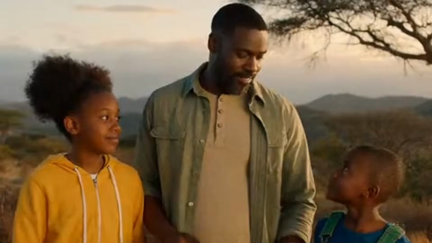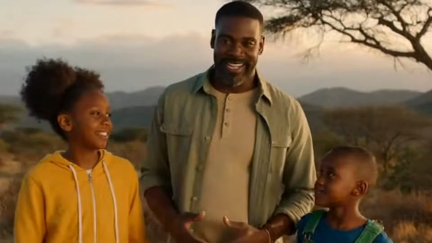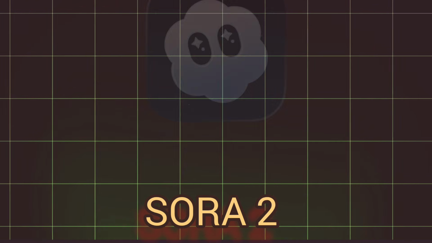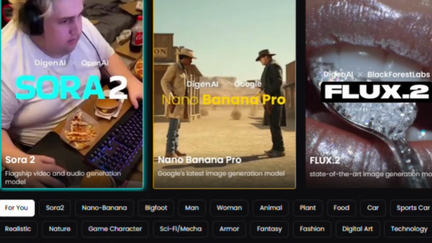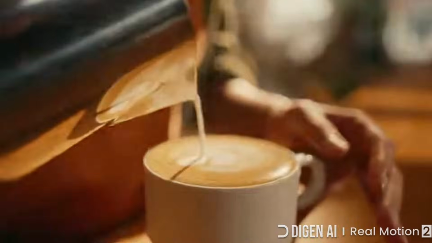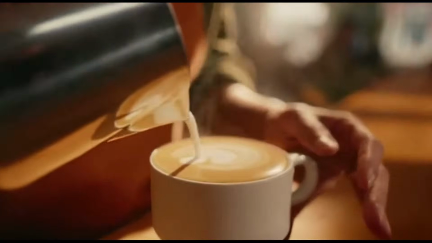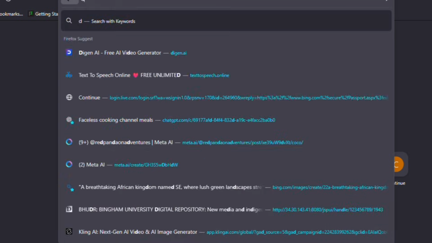Hi guys, in today's video, I'm going to show you exactly how to use Sora 2 completely unlimited using a free AI platform, plus how to remove the annoying Sora 2 watermark using the same tool. And I'll show you an extra bonus method you can use as an alternative. Let's dive in. So first things first, go to your browser and type